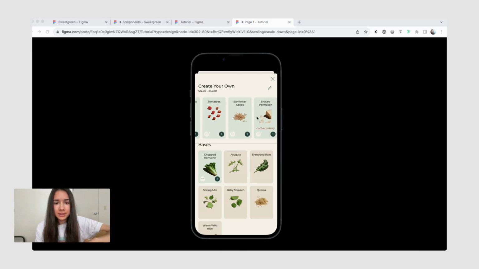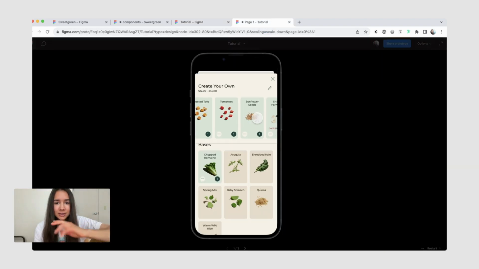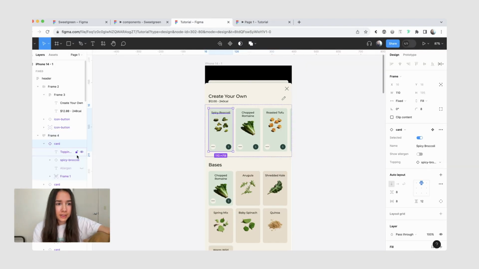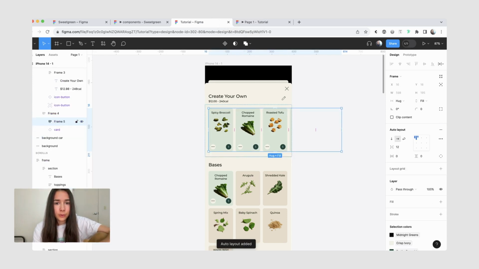Something to note, there is this weird behavior that I've been getting where you can see technically we did set the 16 pixel padding on the right, but it doesn't allow me to scroll all the way to see that, or it just doesn't show. No matter how big padding I set here on the right, let's do like 96, it just doesn't work. What I've been doing instead is that I added an extra auto layout frame for the cards.